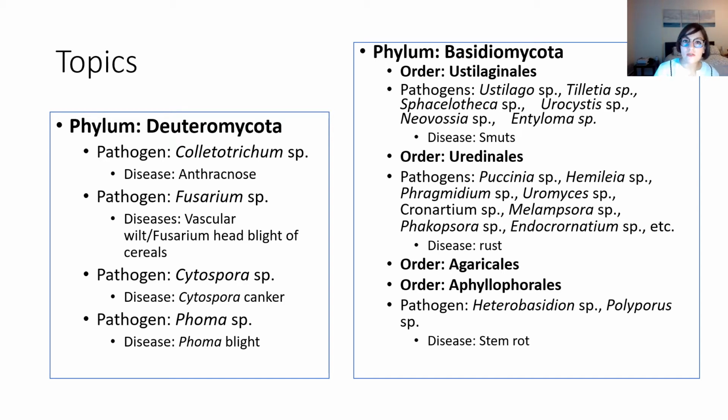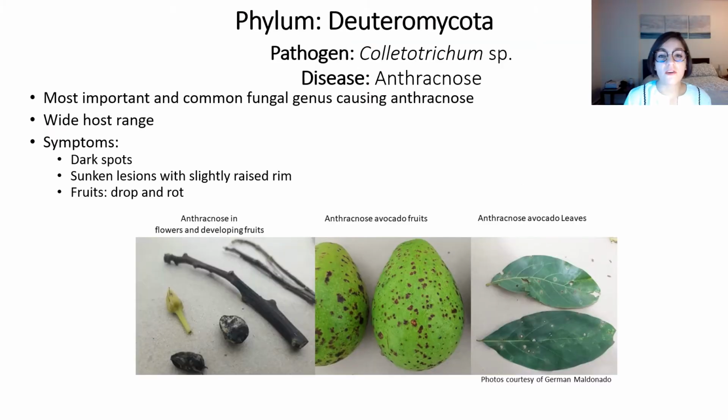And inside those orders, we will review a few pathogens and some diseases, the most important of which are smuts and rusts. Our first pathogen is Colletotrichum, and it is the causal agent of anthracnose in different hosts. The main symptoms that this pathogen can cause are dark spots, sunken lesions with a slightly raised rim, and whenever it infects fruits at young stages, it causes their abortion, so they drop from the trees, and in later stages,